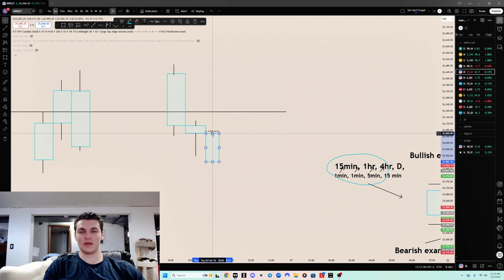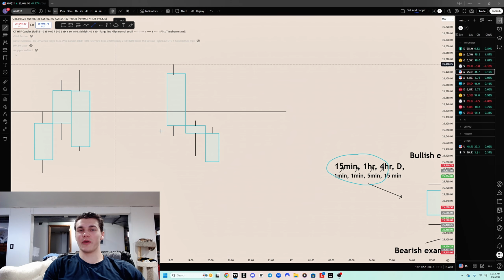Wait, no, this would be like this. All right. So right here, we finally broke outside of that range, all right? Like I said, this is the 1 minute time frame. These are 1 minute candles because I'm doing an example for the 15 minute, but these could be 5 minute